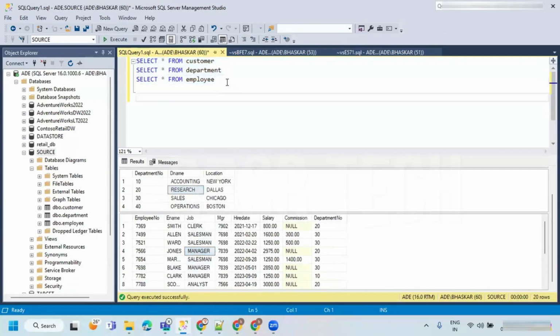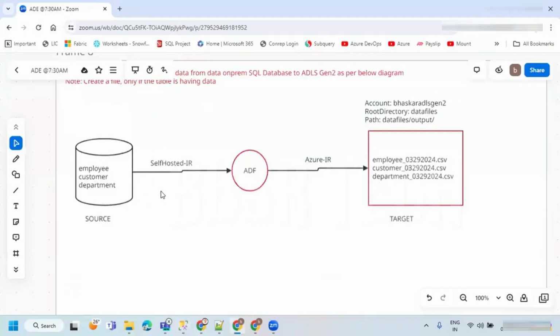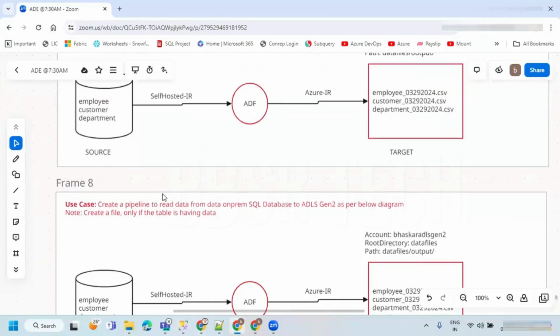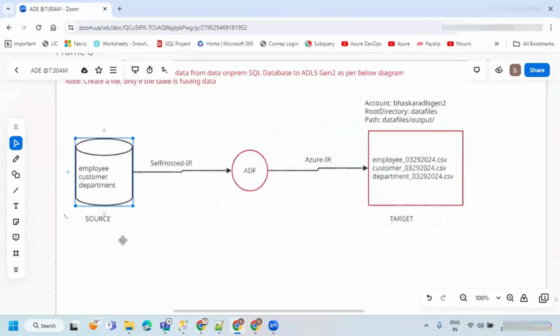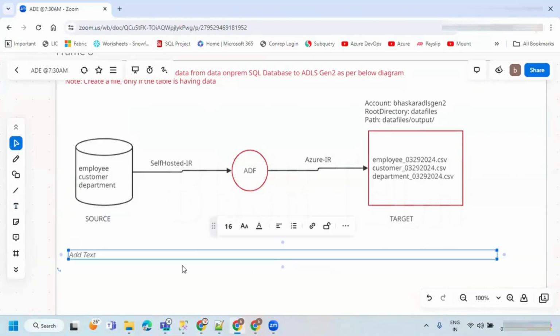In order to read data from multiple tables, we are going to use the activity called lookup activity. If I wanted to get a list of files, we have to use lookup activity. To get a list of tables from a database, we have to use lookup activity.